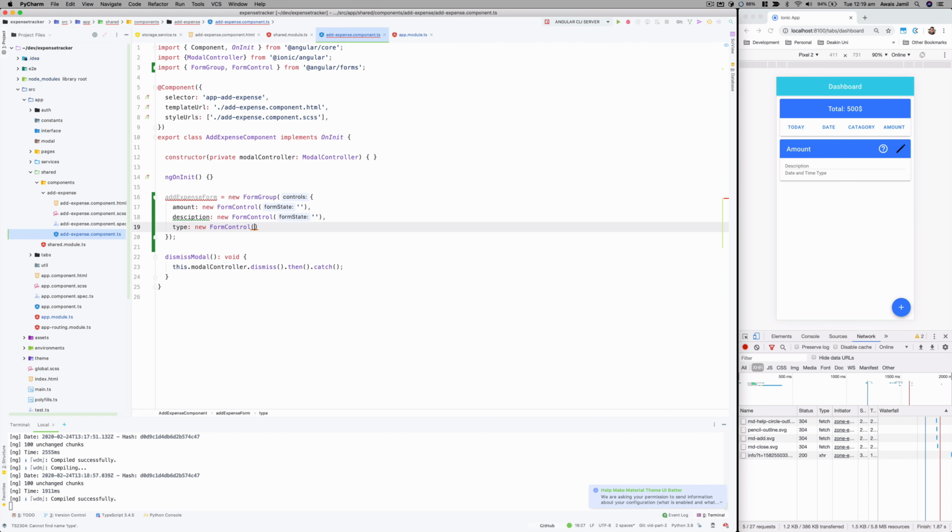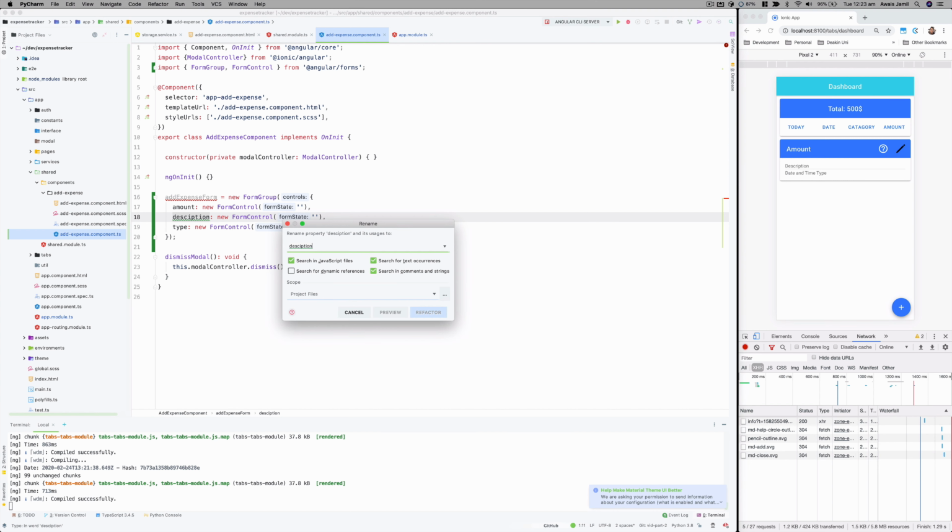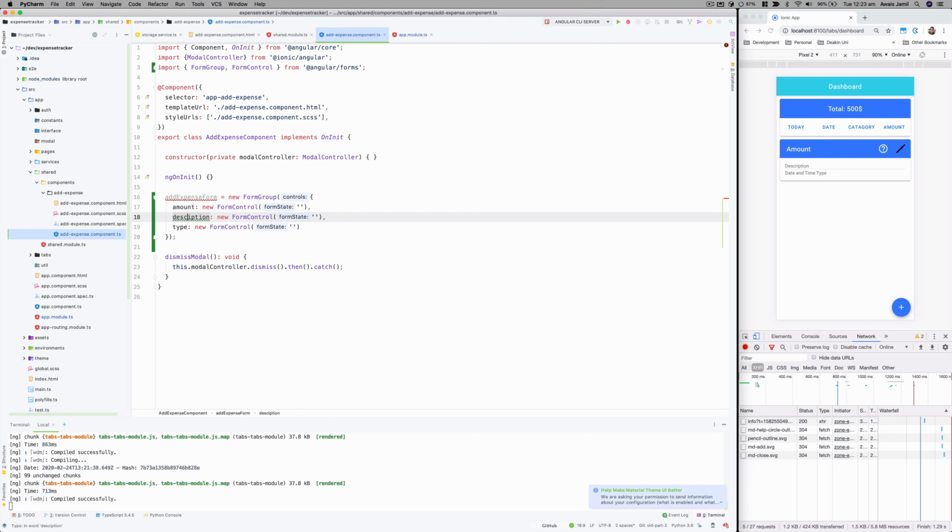So we create a new form control there. We'll leave that empty. There are two errors that we're seeing. This is the typo error. Let me just bring up this to rename to description. That will go away. Also, I would like to select this bit